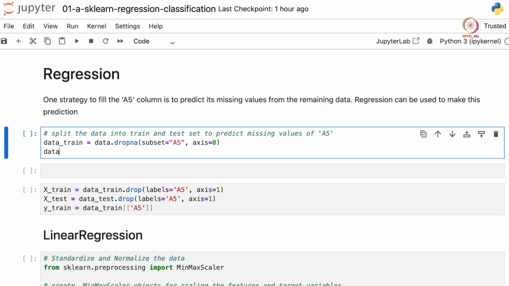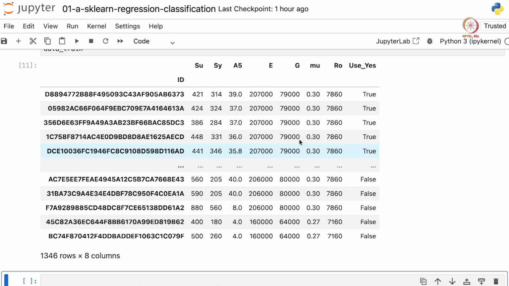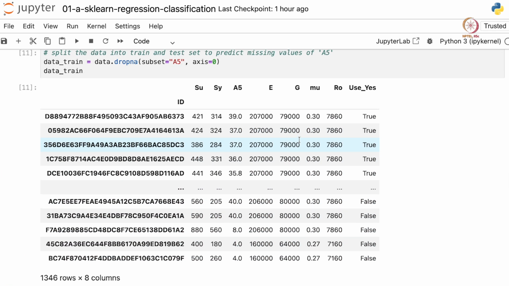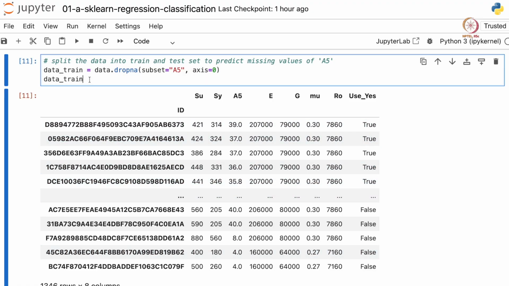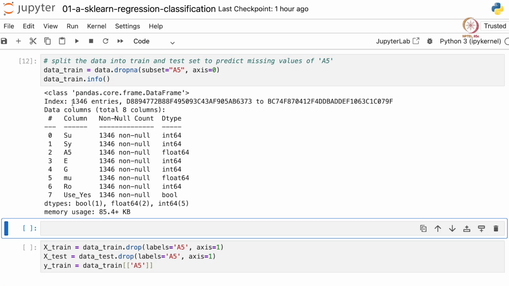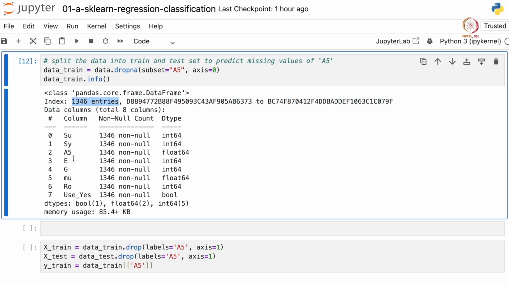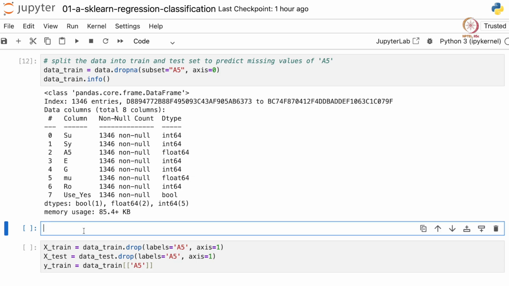And data_test will be, so let's see how data_train looks like. We see in data_train all the A5 values are filled. To confirm that, we can also use the .info method. So here there are 1346 entries, and even for A5 there are 1346 non-null values. And to get the data_test,